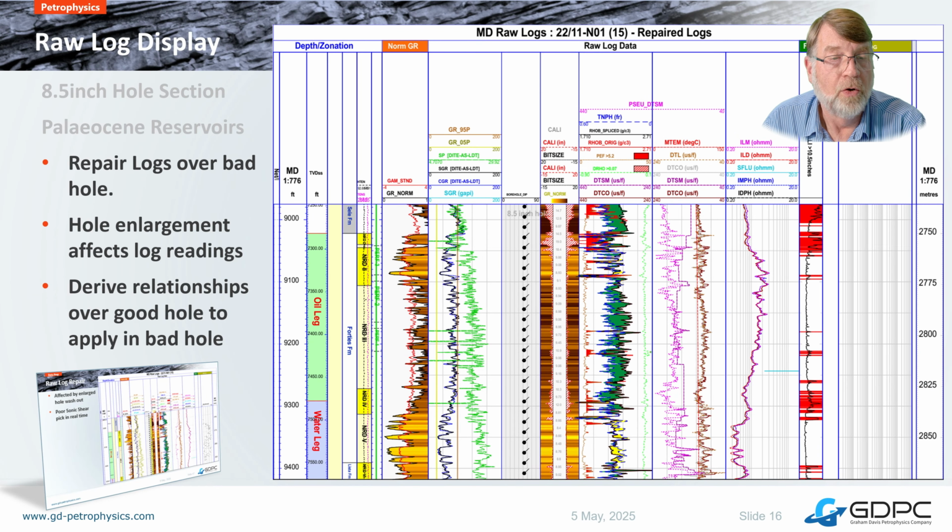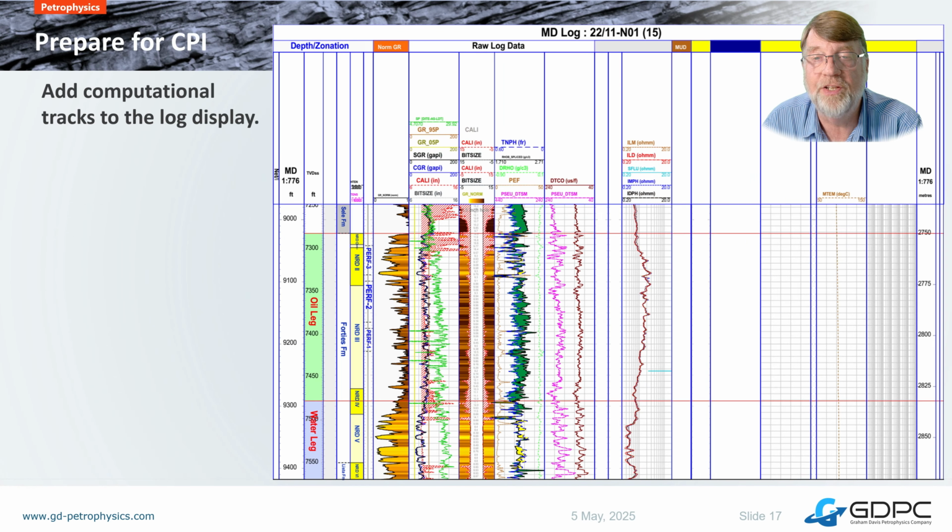Okay, so what do we need to do next? Well, we need to prepare to do a CPI. The CPI is the computer processed interpretation. It's an old nomenclature for it back in the day when using a computer was a bit novel. So many people still call them CPIs. I think when I was at Shell in Oman, we used to call them RDLs, Reservoir Description Logs. But pretty much most of the industry would know that if you said it's a CPI, that's the computer processed interpretation. So what I've done here is I've just added some empty tracks into which to put the interpretation,